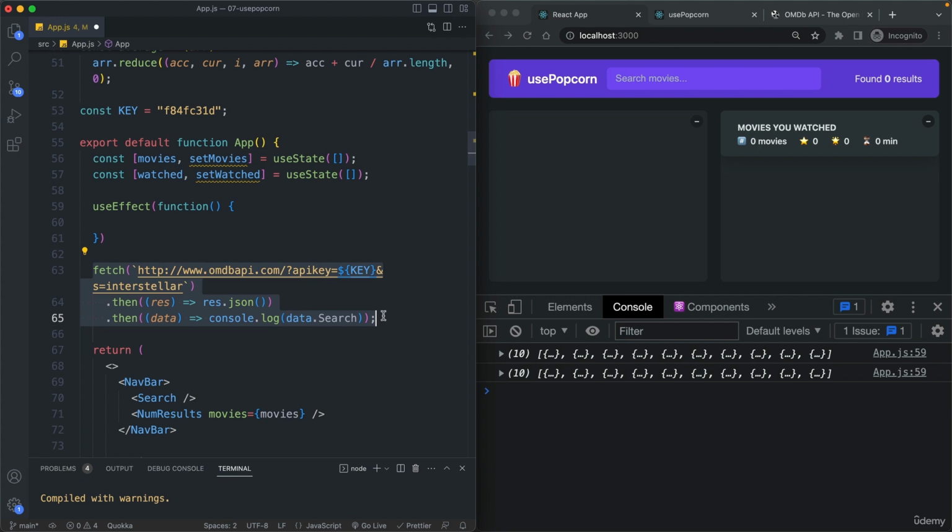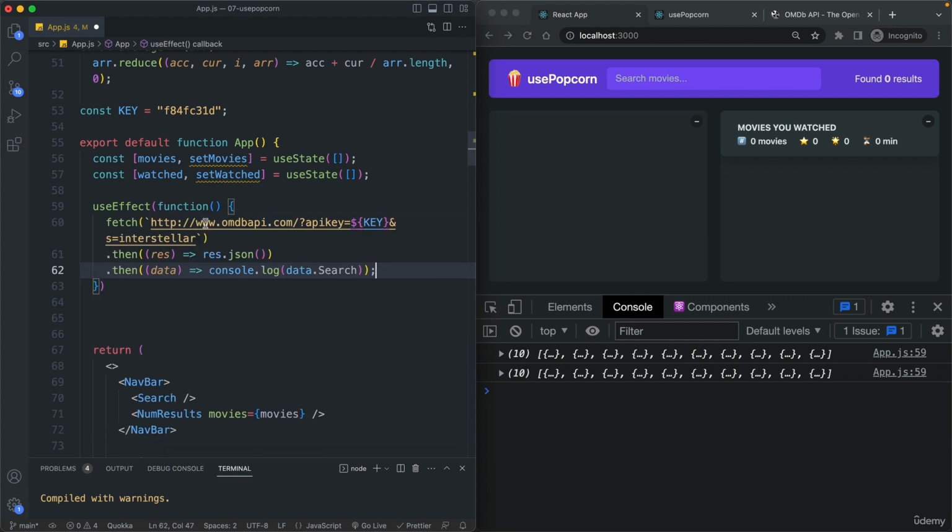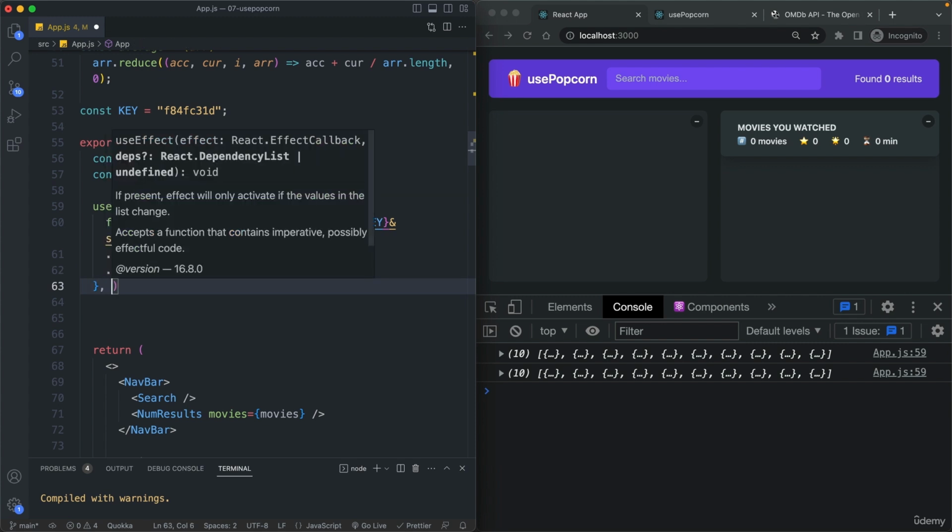So basically that we want to register as a side effect to be executed at a certain point in time. So let's paste that here, but we are actually not done yet, because now we need to pass in a second argument, which is the so-called dependency array. Now this dependency array is actually the most confusing part of this hook, and we will again learn all about